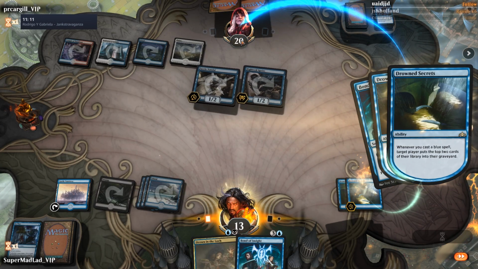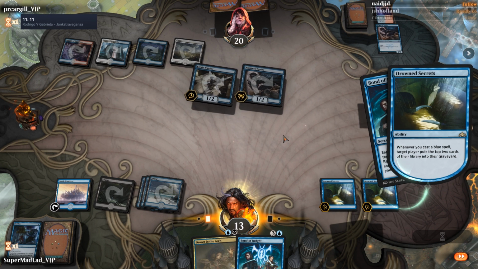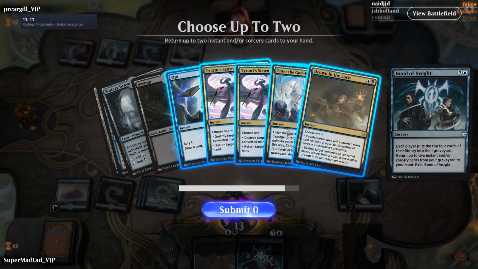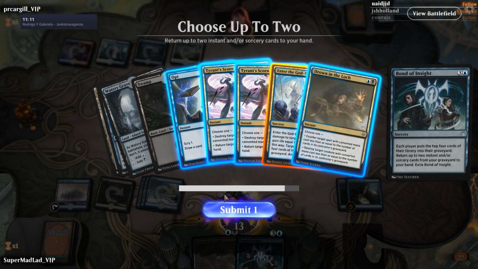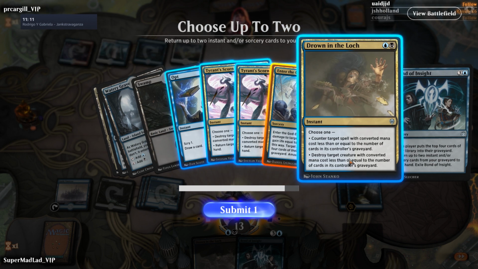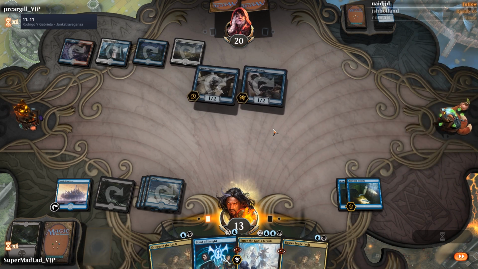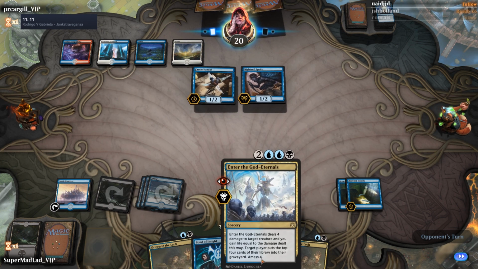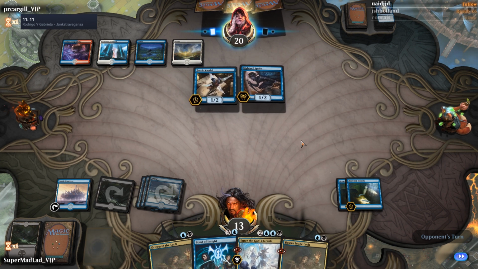So mill for 4, and then mill for 4 again. Nice incremental value on these mill spells. Ooh, we even got an Enter the God Eternals. I kind of like that. Let's get Enter the God Eternals and a Tyrant Scorn. Maybe a Drowning Loch, actually. It's just better than Tyrant Scorn in every way possible. So we can gain 4 life on this Enter the God Eternals and a mass 4. It's not really worth too much for us here because they're obviously flyers, but...